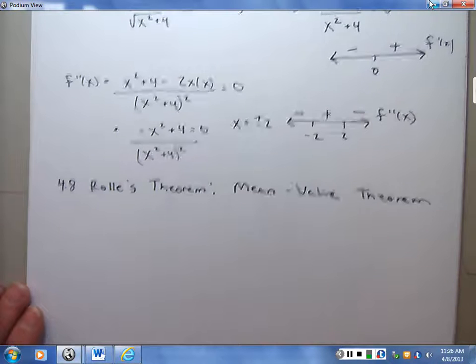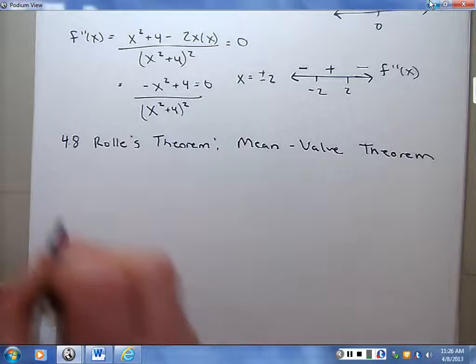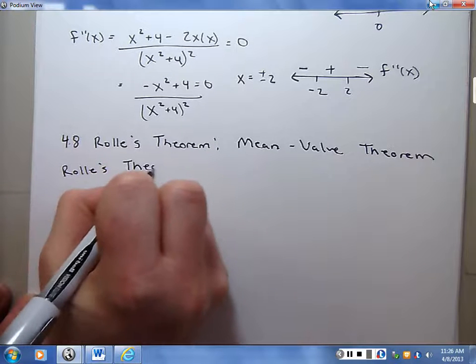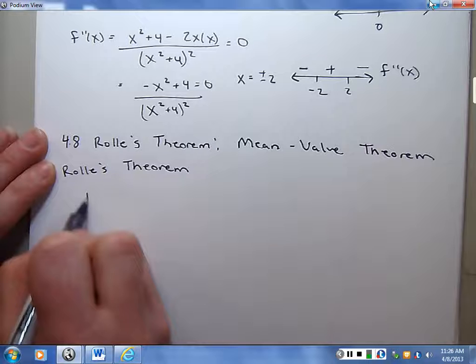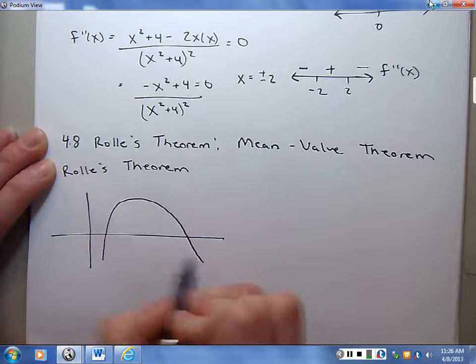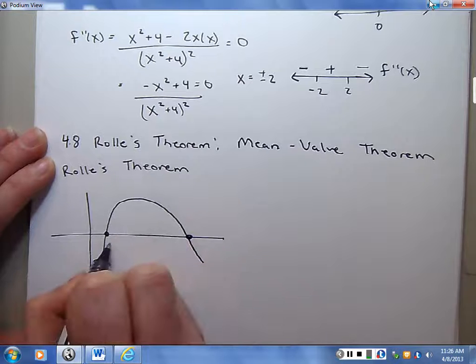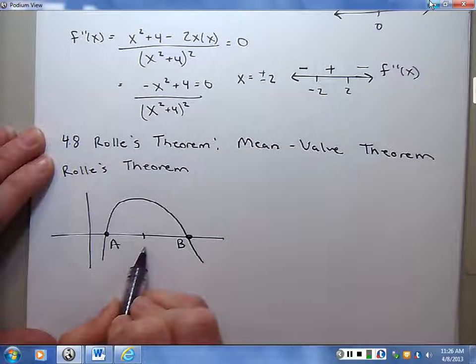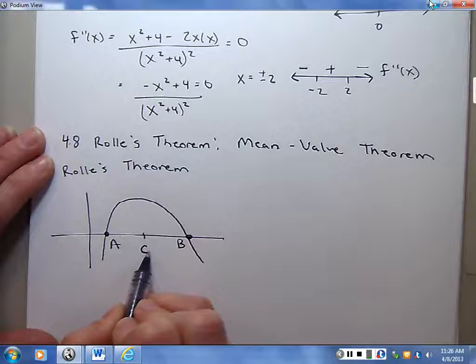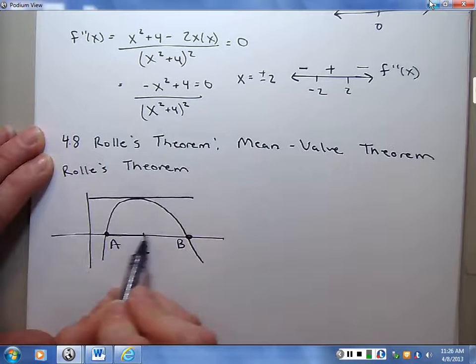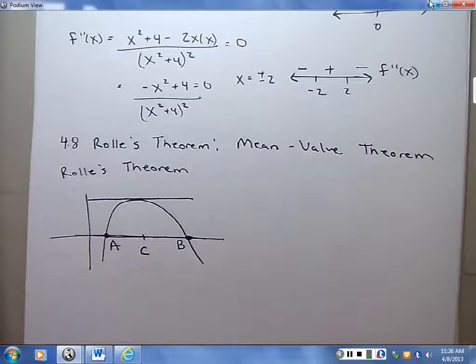So let's look graphically at an example of Rolle's theorem. I really think pictures help in this section. Say I have a function like this, and this is point A, and this is point B. Rolle's theorem states that there has to be a point C in the interval at which the slope of the tangent line equals the slope of the secant line. More specifically, the slope of the secant line is 0, right? So